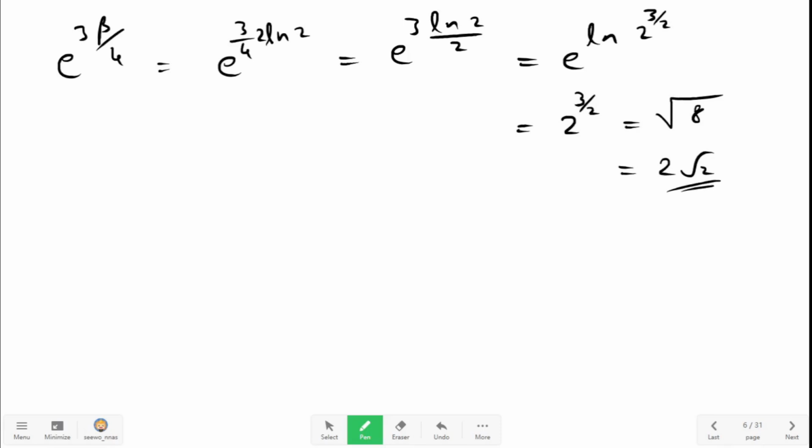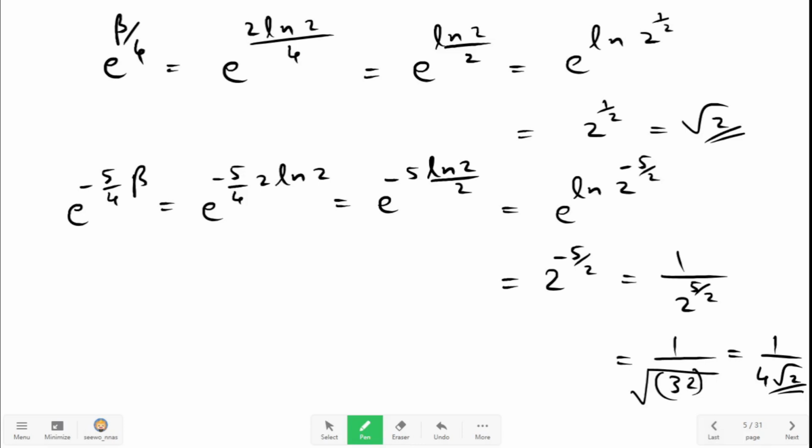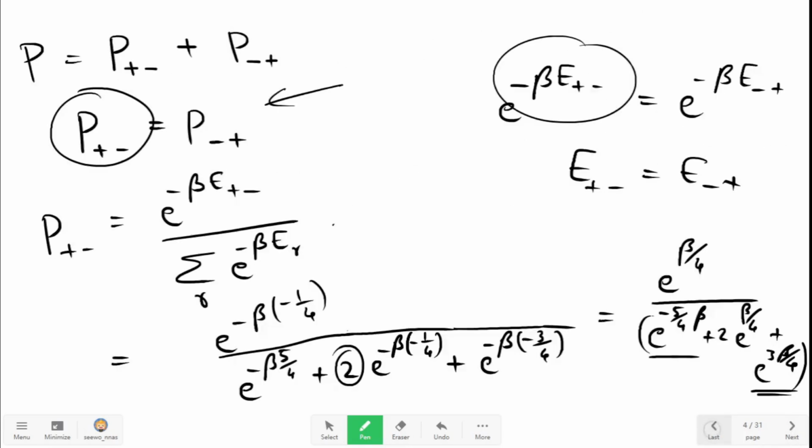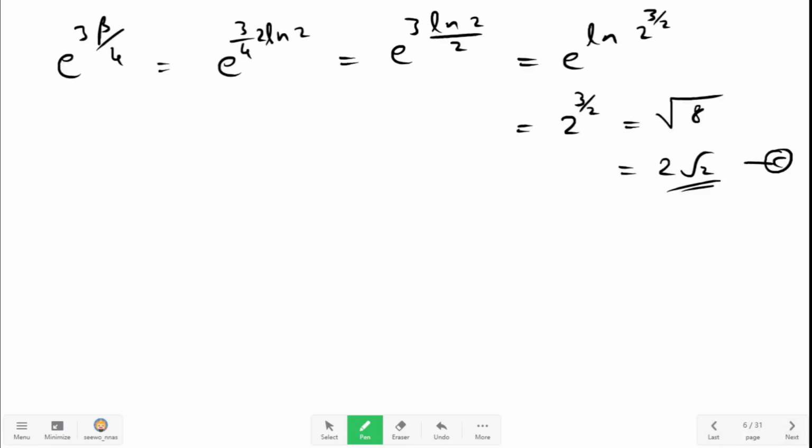Now let us substitute A, B and C, these three results, in the equation for P plus minus. Let us say this is equation I. Put A, B, C in I. Then we will get